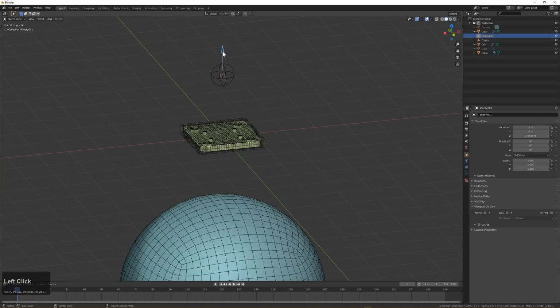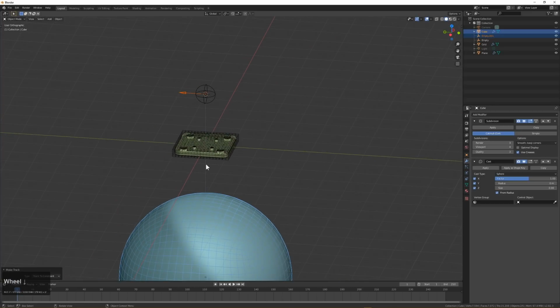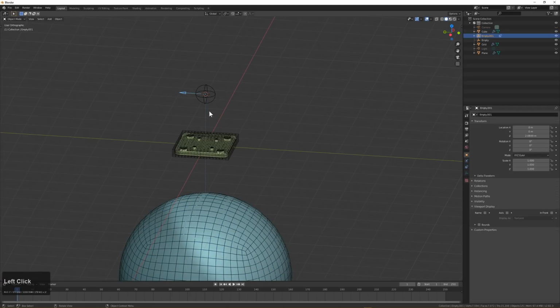And we're going to take this particular empty, which is just an arrow. This one's just an empty that's a sphere. None of these have their scales changed. That's just how they were born. We're going to select the sphere, and we're going to press spacebar and choose track, or just track, and you'll see an option for make track, and you see that it also has no hotkey. This used to be Control T, so this is just one of those growing pains I've had to get used to with 2.8. So you can see that the empty is now pointed somewhere,